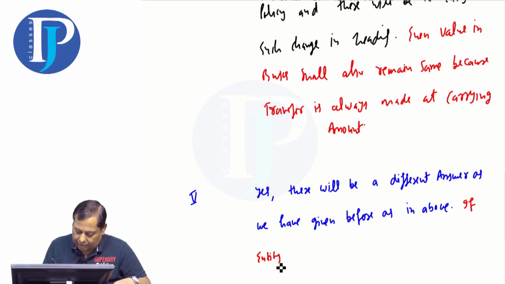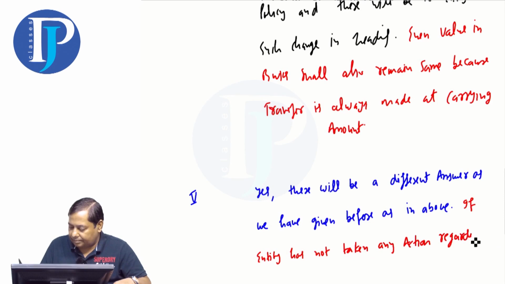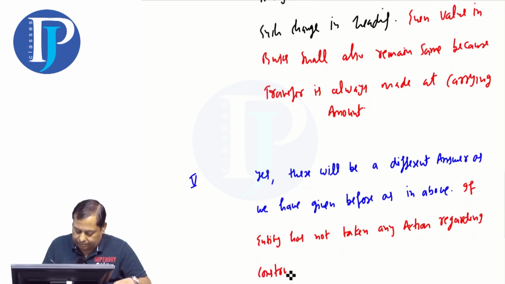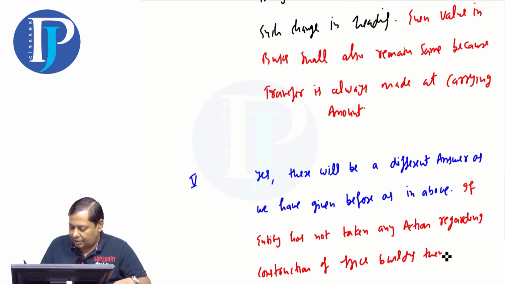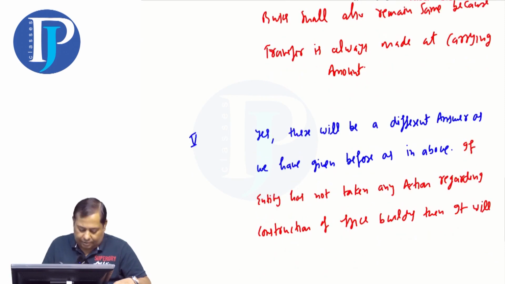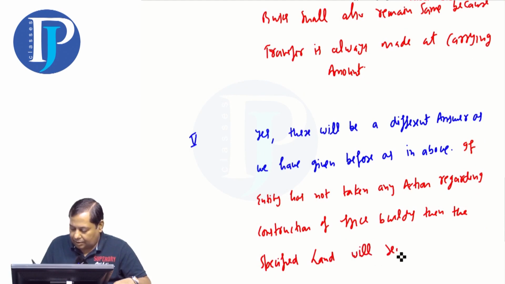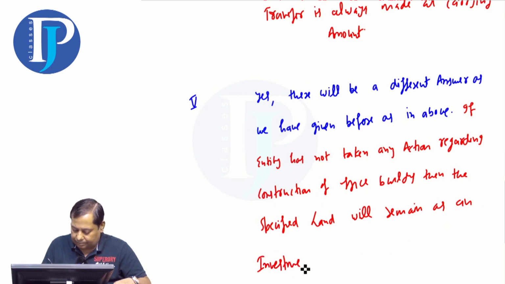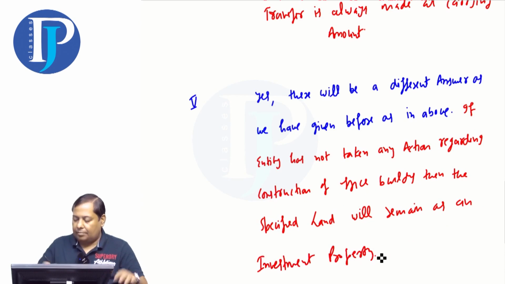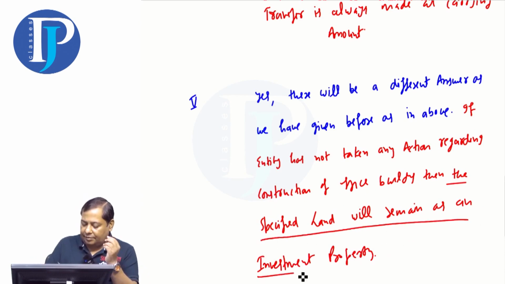if the entity has not taken any action regarding the building, construction of office building, then the specified land will remain as an investment property. The specified land will remain as an investment property